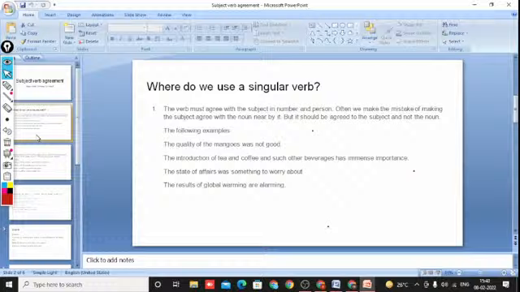The main important thing is basically verbs agree with the subject and not the noun. It agrees with the nearest pronoun, and it agrees also with the nearest noun if it's a plural noun, and we are having words like either, neither, these words. And either or, many. All these words use a singular verb. These are the basic things. Tomorrow we will continue with subject verb agreement and learn about the use of plural verbs. Where do we use the plural verbs?